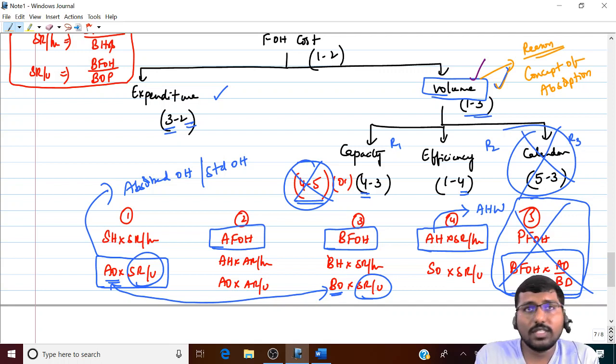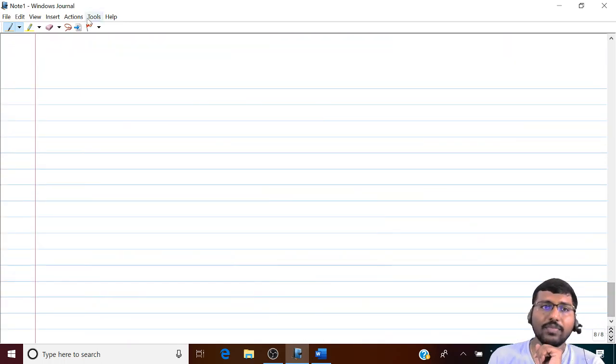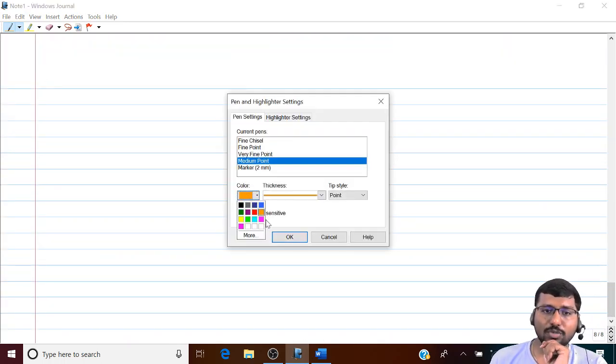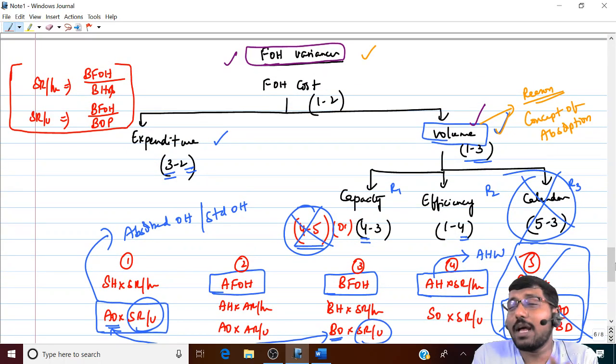So as per the absorption costing system, you have three types of overheads, correct? As per which system? Absorption costing system. Correct? So thereby you'll be having budgeted overheads, absorbed overheads, and actual overheads. But when it comes to marginal costing, there is no such thing as the concept of absorption. When there is no concept of absorption, there are no absorbed overheads. So as per marginal costing, you are having only two types of overheads. One is budgeted, the other one is actual.